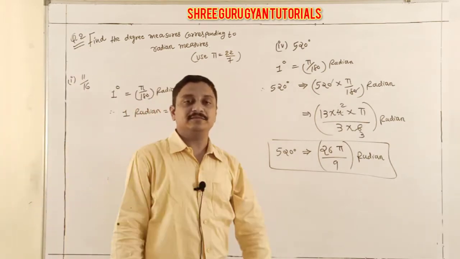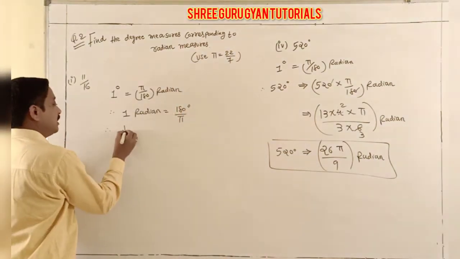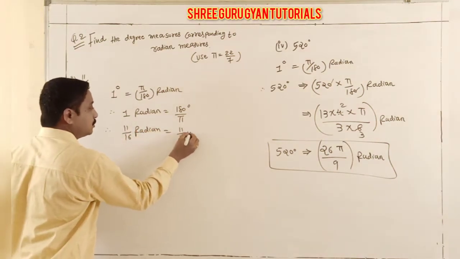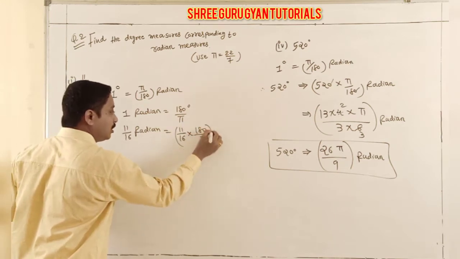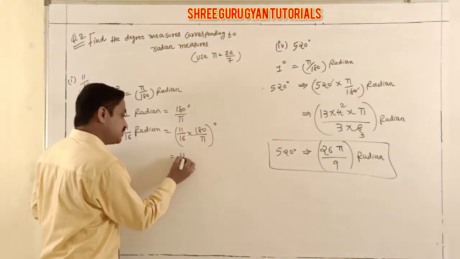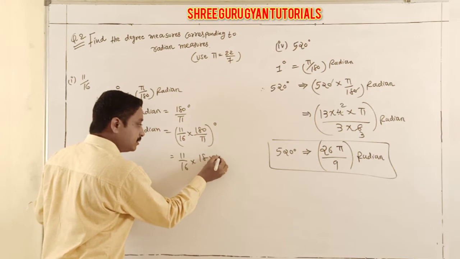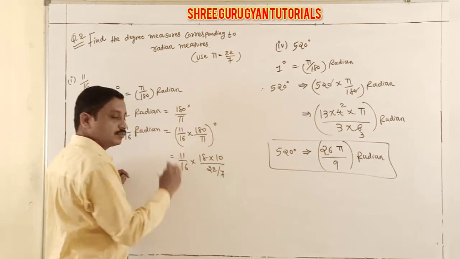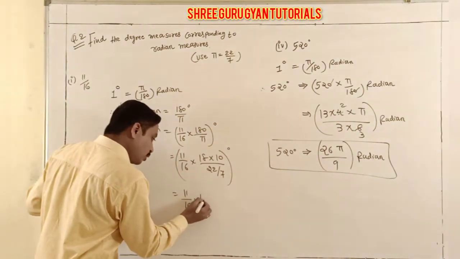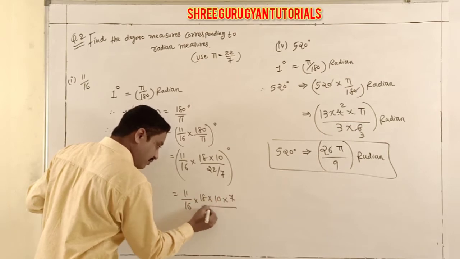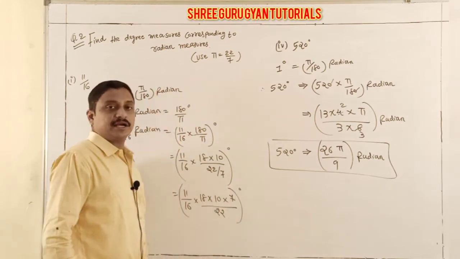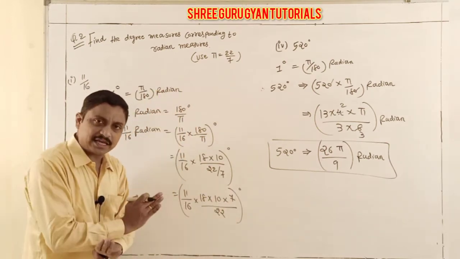Only just cross multiply. So I have here 11 by 16 radian is equal to 11 by 16 into 180 by pi. Here the whole number is taken in the degree form. Now cutting. So 11 by 16 the same, here 180 into 7 by 22, since pi is 22 by 7. And the whole number is your degree measure. This 7 takes upside, and by 22, this is your degree.